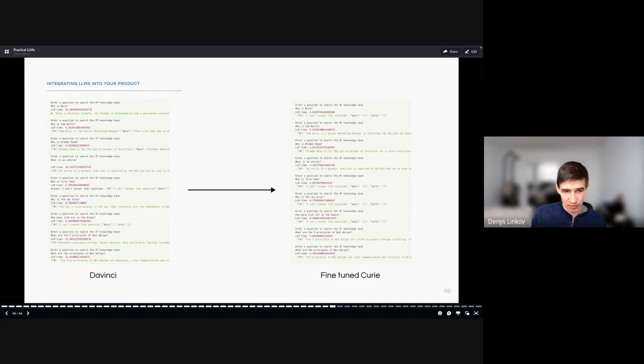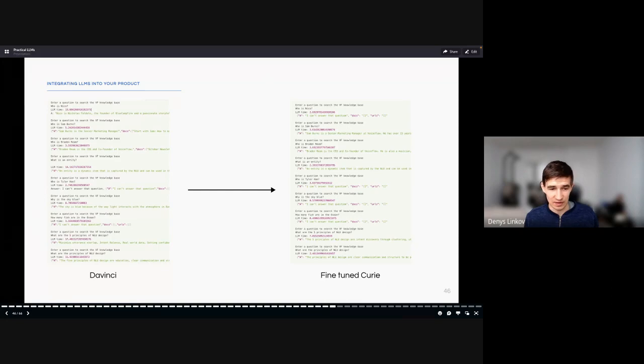One of the experiments that we ran is that we built a QA bot for Voiceflow that's incorporated into the product right now, where it would scan our knowledge base and you could ask it questions. We would still need it to be formatted in a certain way so it could be parsed by our front end or by our other services. When we used a base DaVinci, we would get answers that were quite good. The problem was that they were slow and sometimes malformatted. In this example on the left, you can see that there are 2 answers that don't follow the JSON exactly. On the right, you can see that the responses are much faster and much better formatted,